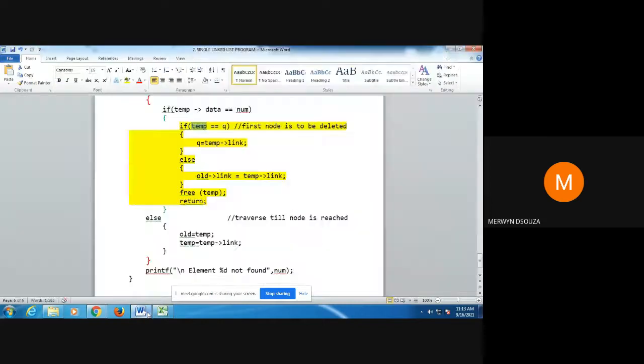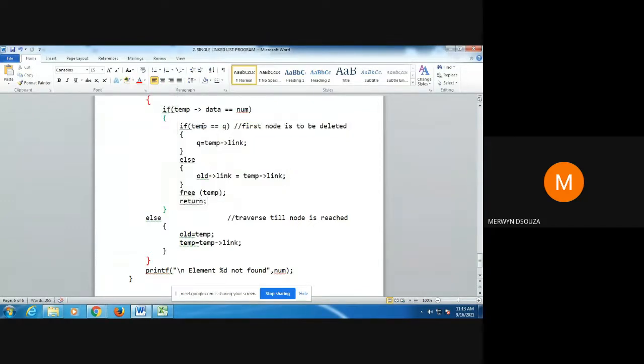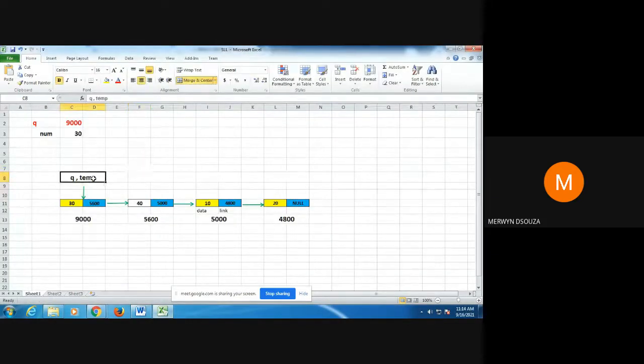That's why this condition, temp equal to q, specifies that we are deleting the first node. So whenever you're deleting the first node, this will always be true. As you can see in the diagram, the value of temp and q both is equal to 9000.